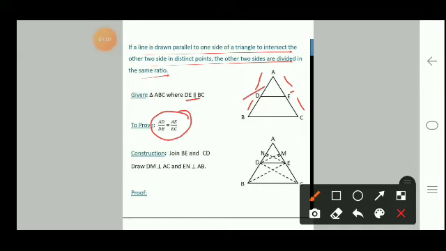Now first we need to do the construction. In the construction, we are joining B with E, we are joining C with D, then we are drawing the perpendiculars EN and DM. EN and DM. Now how to prove it? Looking at it carefully,